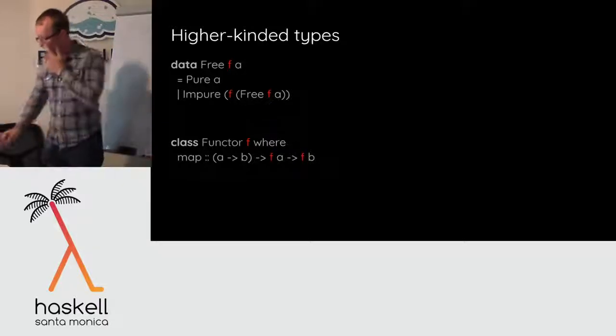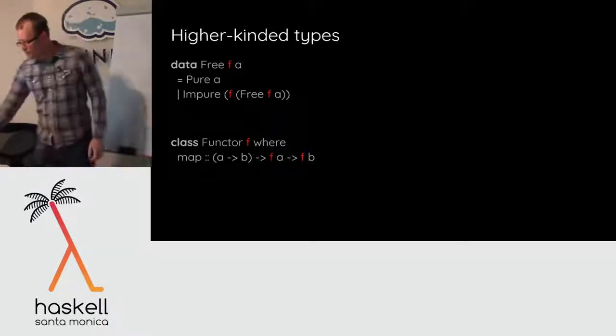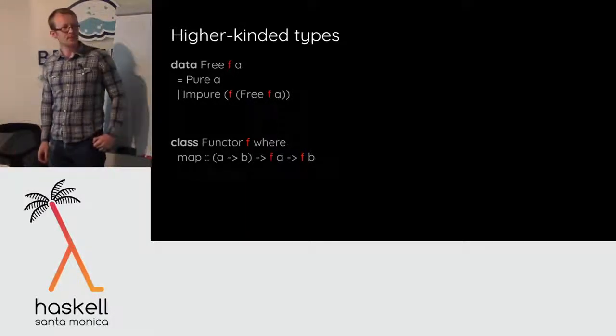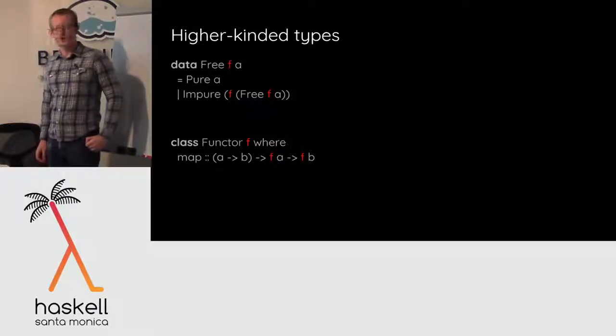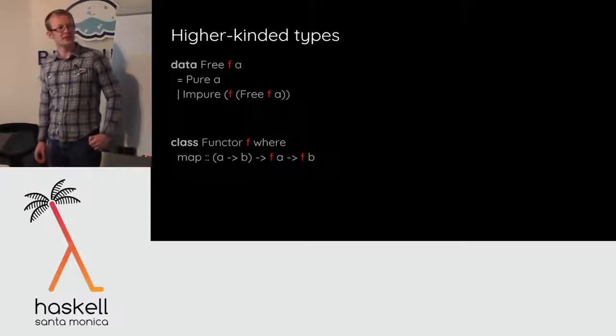So if you don't specify what kind it is, and there are multiple kinds that will work, does it just assume its kind is type? It just defaults to star, yeah, type, okay. Yeah, exactly. I've tried a couple of times to get polykinds to work, but it's a little bit tough to get the details worked out. But yeah, it's on the list.